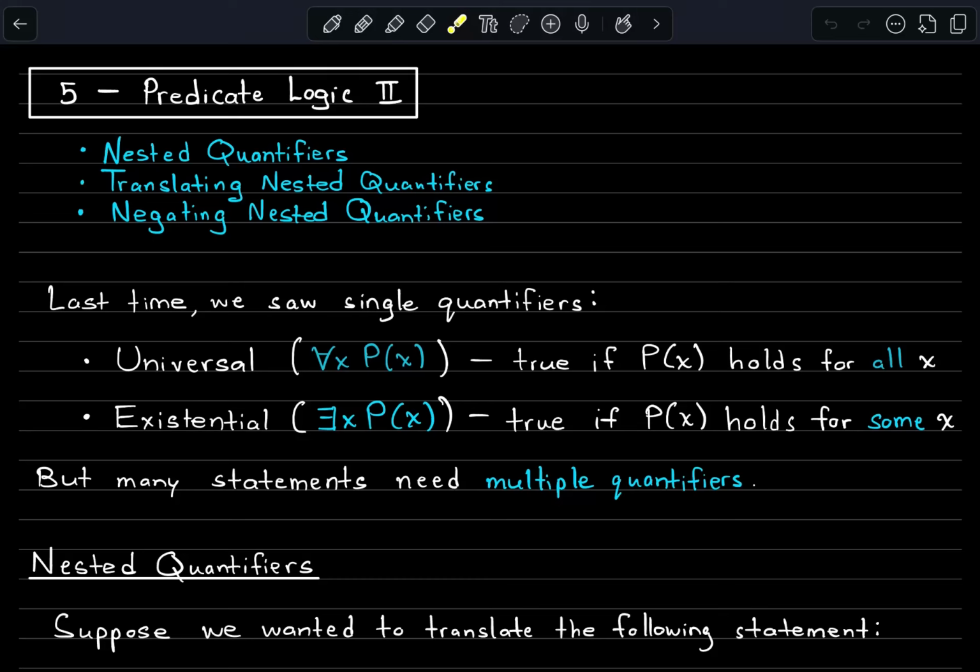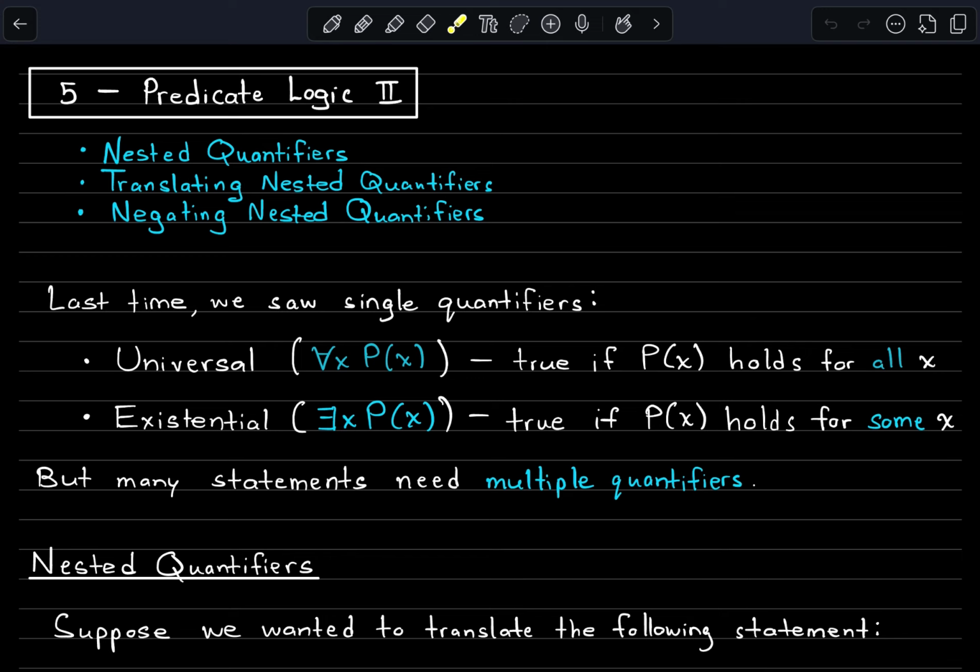Welcome to Lecture 5 of Discrete Mathematics. This is going to cover Predicate Logic Part 2. Okay, so in this video we're going to talk about nested quantifiers. We're going to talk about translating nested quantifiers to English, and from English to nested quantifiers, and finally, the negation